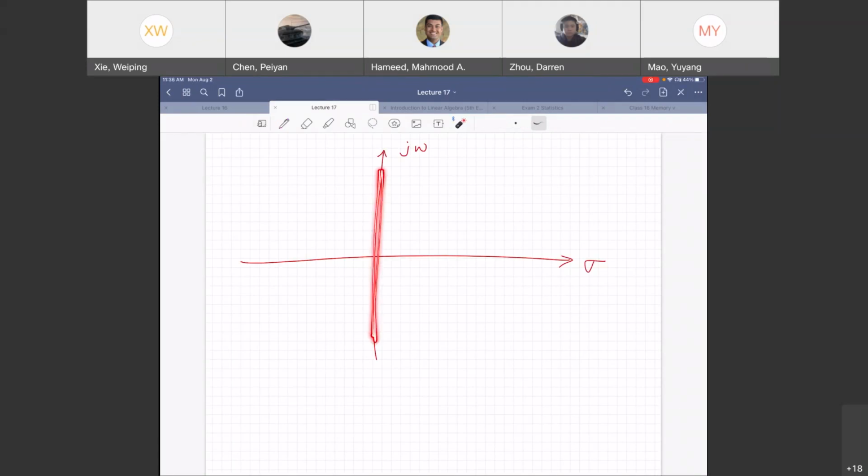As I'm going up and down on the j omega axis, what am I doing? I'm increasing and decreasing the frequency, right? It's just j omega, so it's sort of the frequency response of my filter. For band pass, at lower frequencies I want the response suppressed. At some band of frequencies, I want it higher, right? So wherever I want to suppress it, I'll put my poles over there, and wherever I want it to increase, I'll put my zeros there. And then I can bring it back with poles, and then I can do the same thing over here.